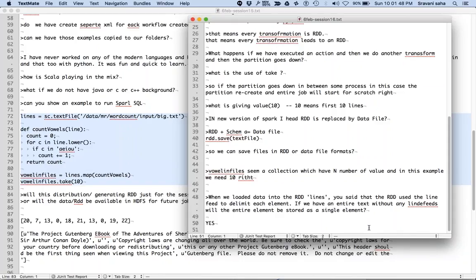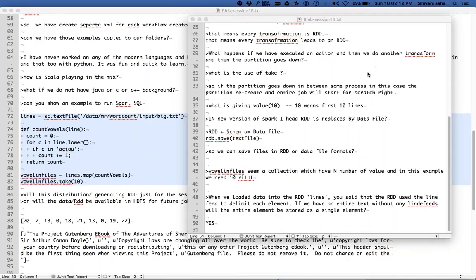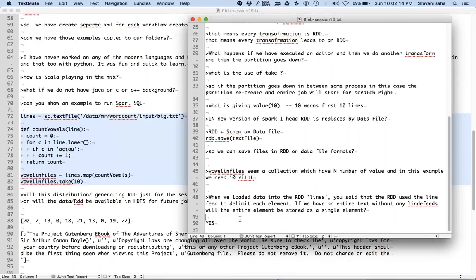He was trying to run a Python streaming job for MapReduce, so all of the jobs were failing because it was creating a very huge line, and that huge line was overflowing memory every time. The same is true in case of Spark as well. So yes, very good question.